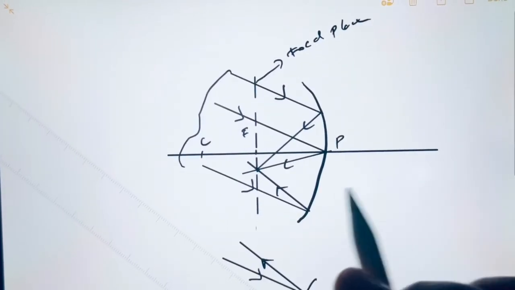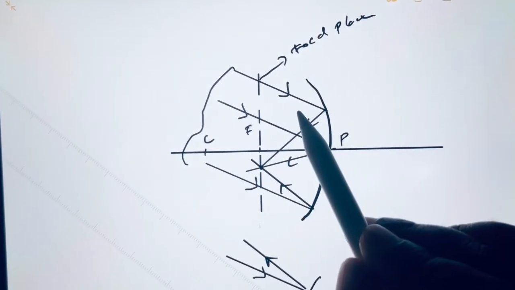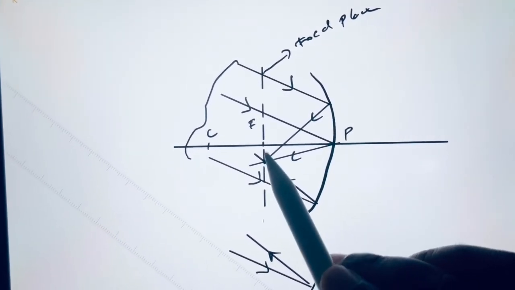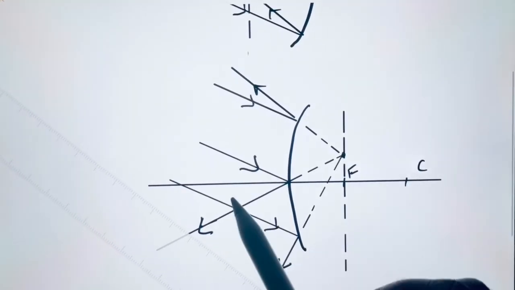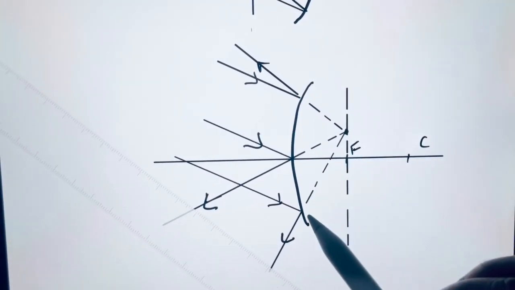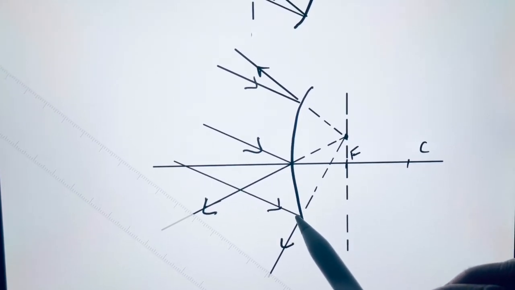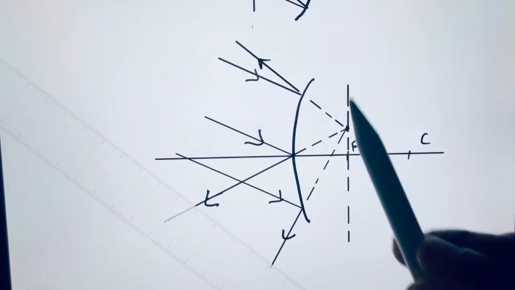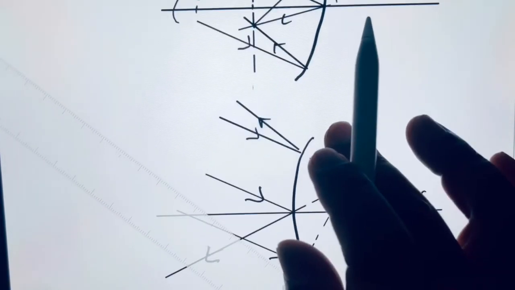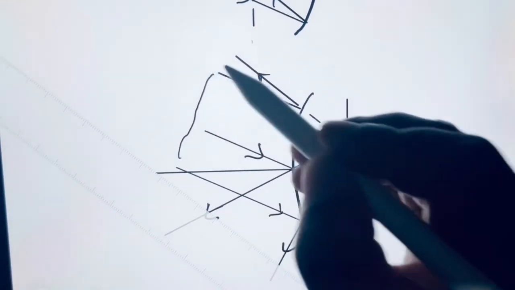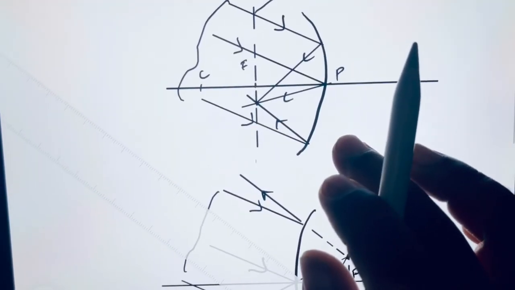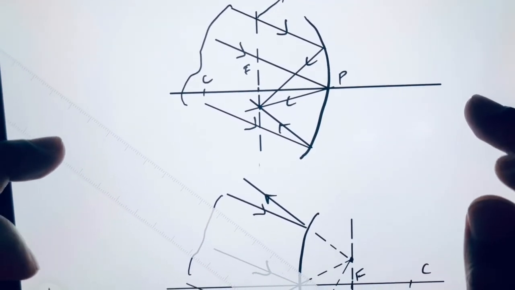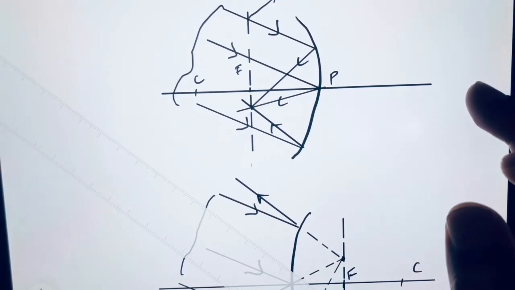So here we have parallel rays of light incident on a concave mirror getting focused at a point on the focal plane. Here we have parallel rays of light incident on a convex mirror, and after reflection, all those rays of light appear to come from this point on the focal plane. As I told you earlier, these rays of light that are parallel to each other are actually coming from an object which is at infinity. So later on we'll make use of this when we draw the ray diagrams to get the images formed for objects at various positions.